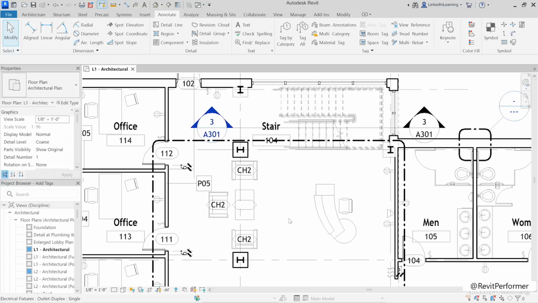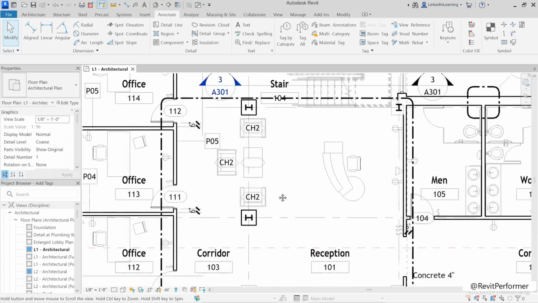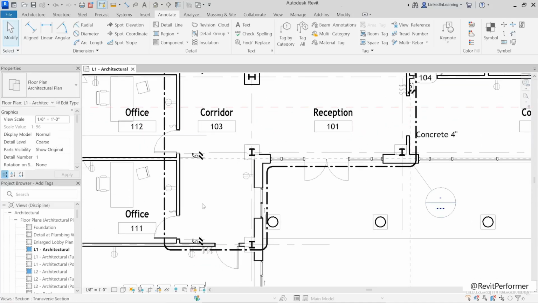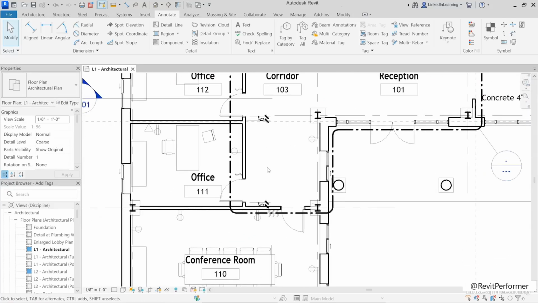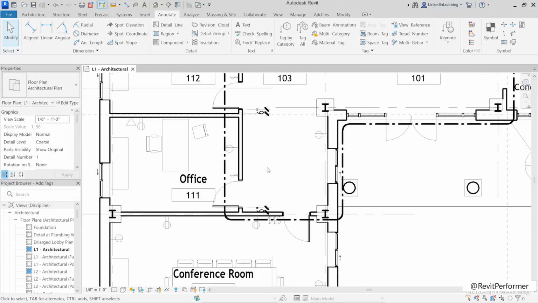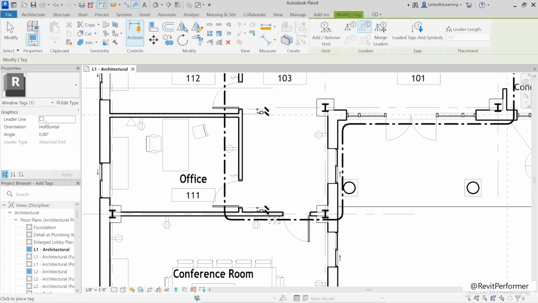set of construction documents. And so there's a technique that we can use to help us save a little space here. And I want to go to a different part of the plan to show you, like maybe down here. It turns out that you can have a tag that is hosted to more than one element. So I'm going to go back to tag by category. I'm going to turn on the leader line with the checkbox right there in properties, and I'm going to tag